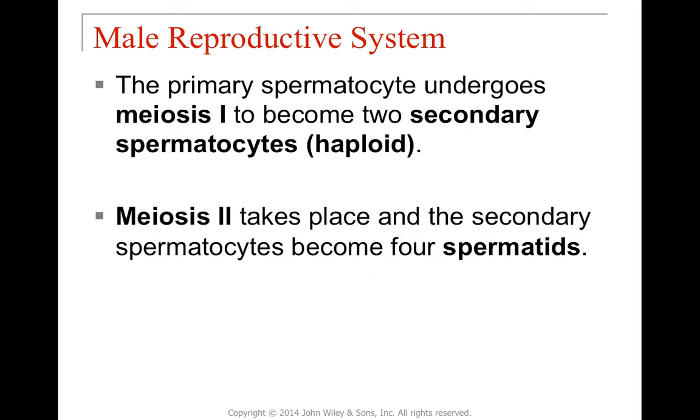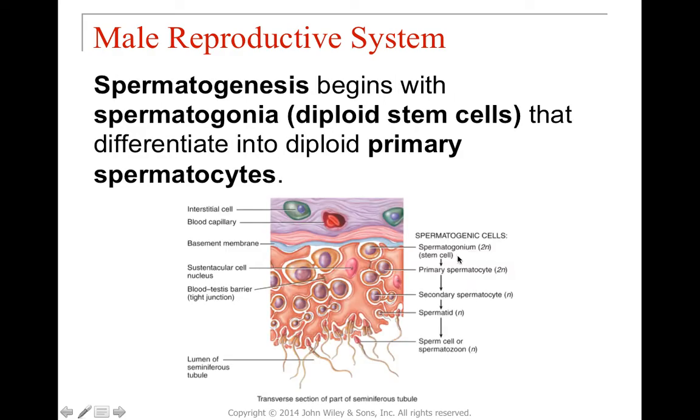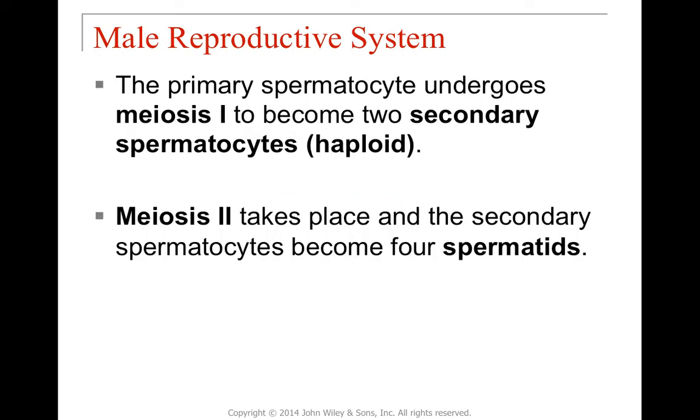So the first thing that has to happen: we have this guy here, the spermatogonium, that has to create this primary spermatocyte. We are still diploid, though, so that primary spermatocyte has to undergo meiosis 1. Now, if you're not familiar with meiosis, the point of meiosis is to make haploid, genetically unique cells, and those are going to be these secondary spermatocytes. The reason that they're called secondary spermatocytes is because they've undergone that first division, which makes them haploid. Then we have a second set of division, meiosis 2, and those secondary spermatocytes are actually going to become 4 spermatids. This kind of confuses people, because these 4 spermatids are also going to be haploid, but that's really